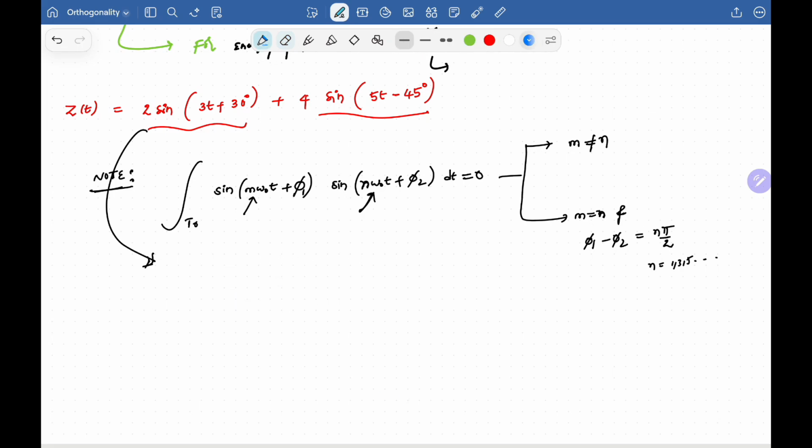If a DC component A naught is given, what could be the power? Directly A square. But if an AC component is given, that is sinusoidal,